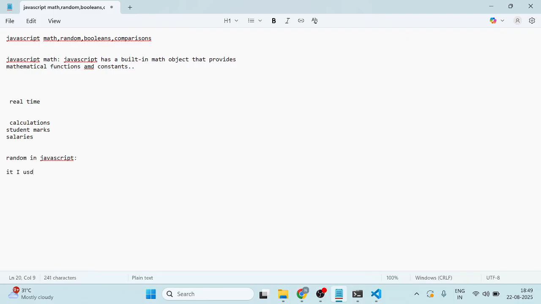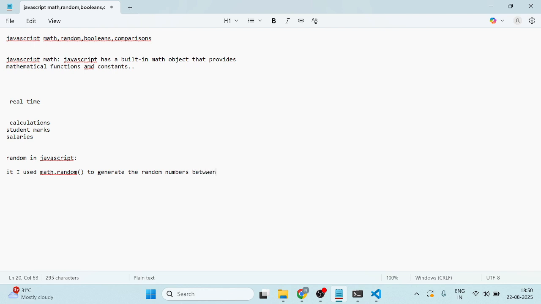It is used with Math.random. This is the function for that. This is the method we are going to use to generate the random numbers